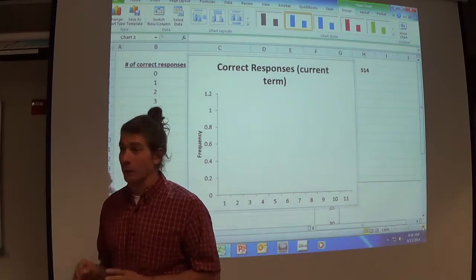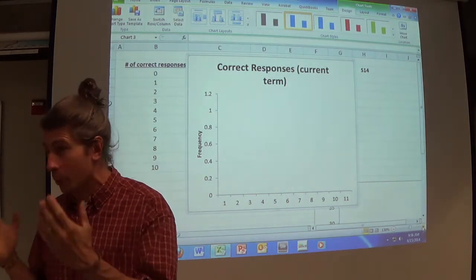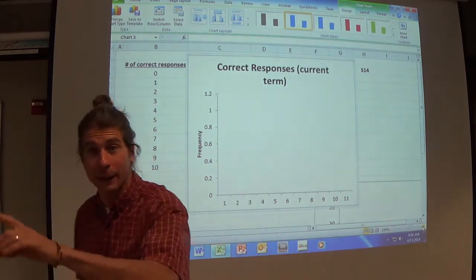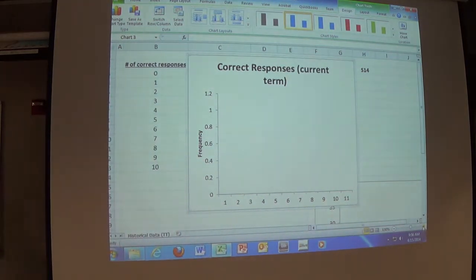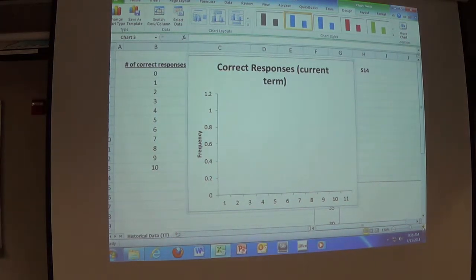Good. I tried to control everything else best I can, but there are some other things I think probably would show up that would be uncontrollable. We'll deal with those momentarily. Let's collect the data. So right now you're looking at your data, correct? I want to look at the number of correct responses out of 10. So you guys, as a class, have a quiz in front of you with two sets of responses, person A, person B.